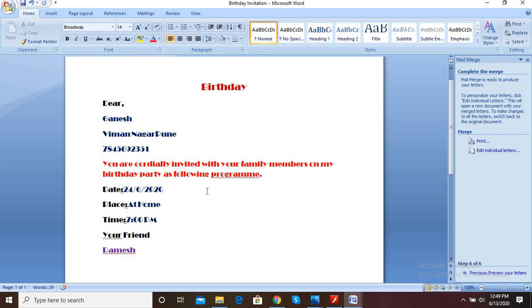Hope you understand this chapter as well as the practical. After this you have to solve the practical on page number 42. You have to complete that practical on Microsoft Word using the Mailings tab for the New Year celebration. Okay, complete the question answers and complete the practical also.